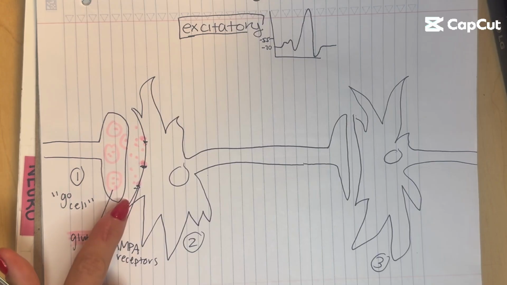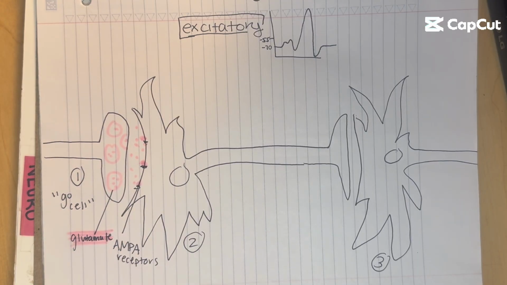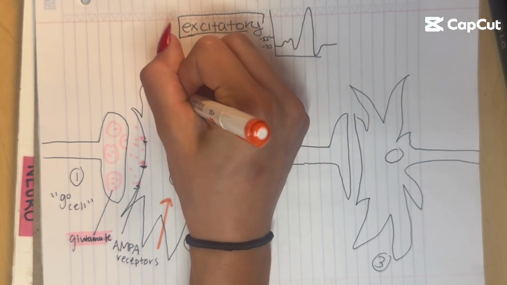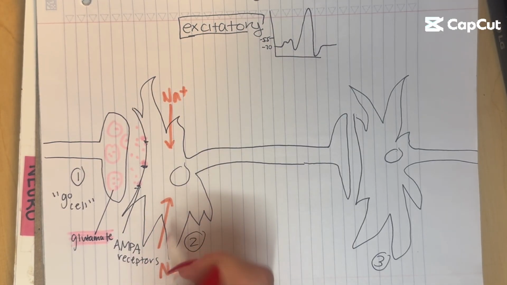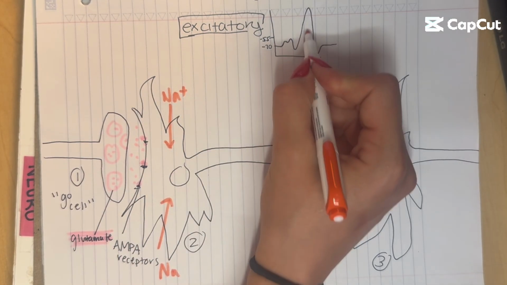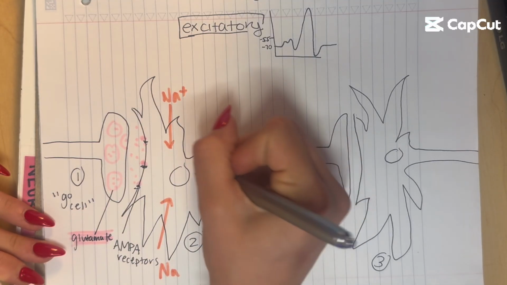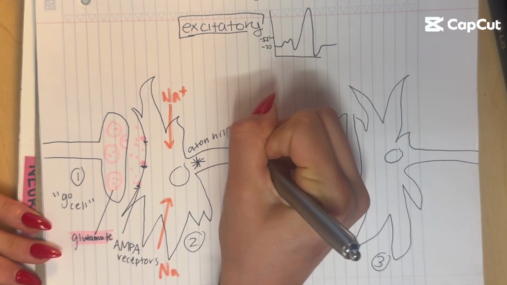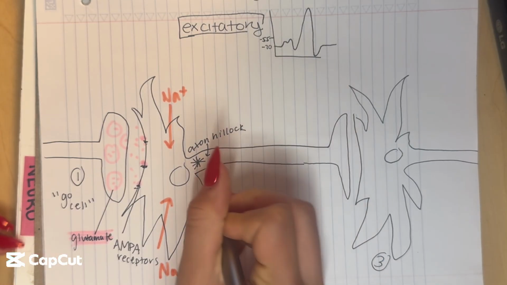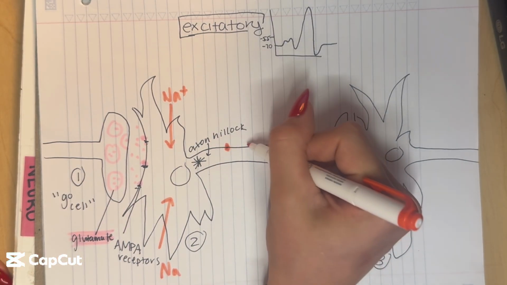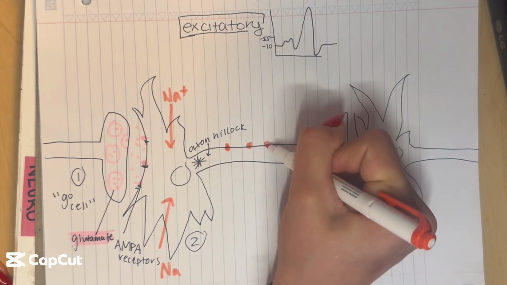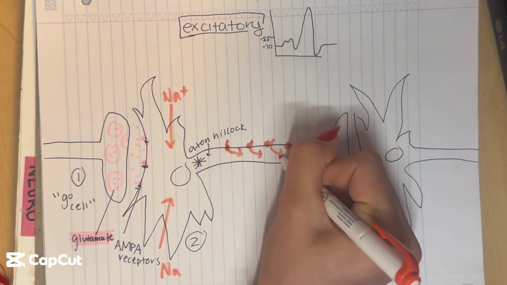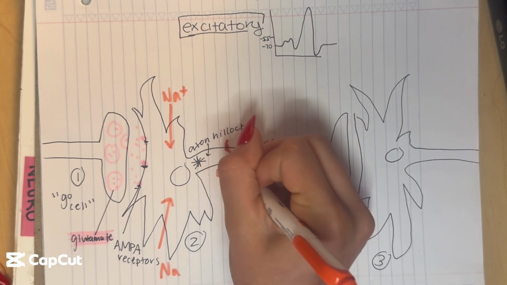Now, when the glutamate binds those AMPA receptors, sodium, here shown in red, is going to rush into the cell. It's going to have a plus next to it showing a positive charge, which means the membrane potential is going to become less negative inside the cell. And that is going to be counted and summated here at the axon hillock. And if it reaches a threshold at negative 55 millivolts approximately,